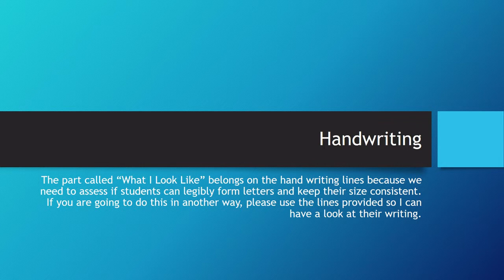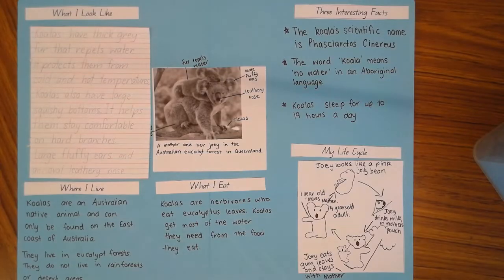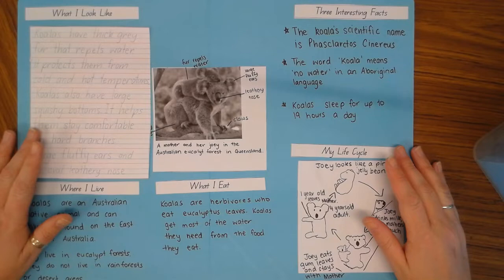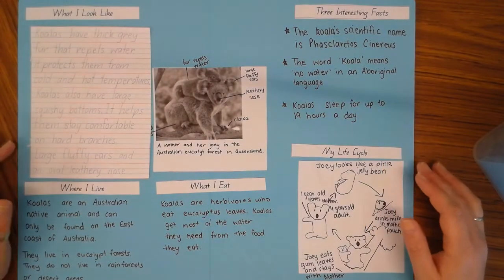Handwriting. The part called What I Look Like belongs on the handwriting lines because we need to assess if students can legibly form letters and keep their size consistent. If you're going to do your poster in another way, please use the lines provided so I can have a look at the writing. So boys and girls, this is my fact file that I've created,